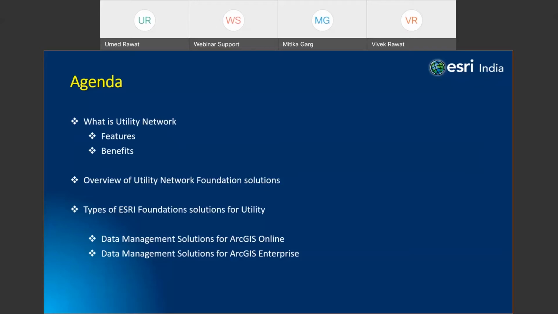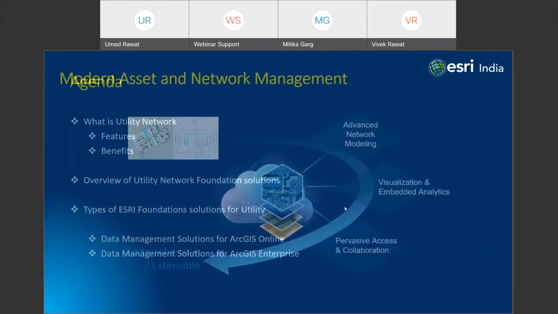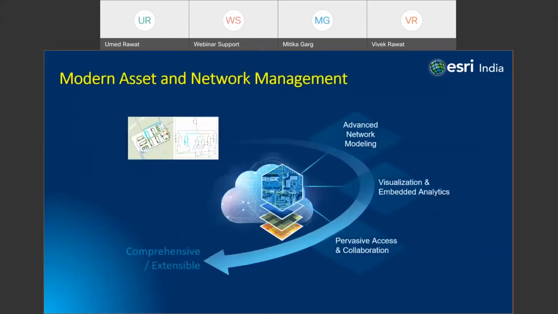So let's start with the brief on the utility network side. All of you are aware of how essential GIS is for the utility. When I talk about modern utilities, your geospatial data is very important for the corporate assets. GIS is the prime system people use to support their modern assets and the network management workflows, which are very necessary to maintain, analyze, and disseminate information across your organization. ArcGIS is a comprehensive platform which supports all your needs.